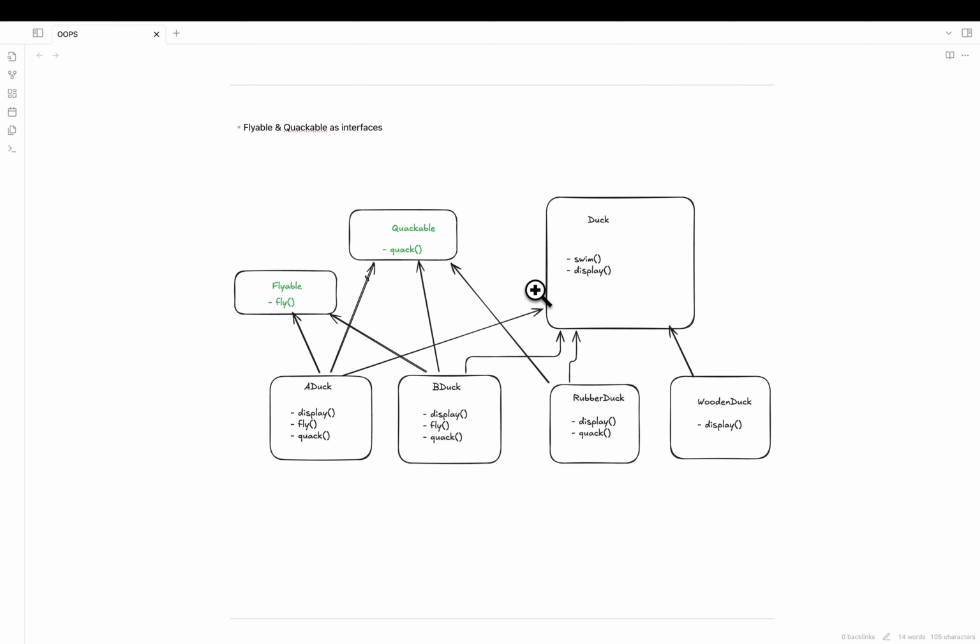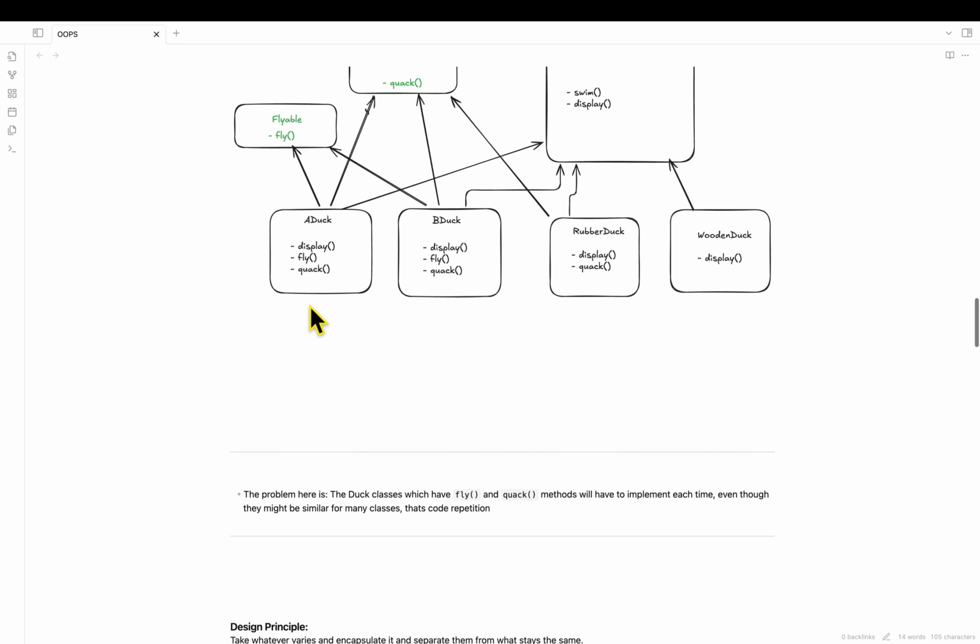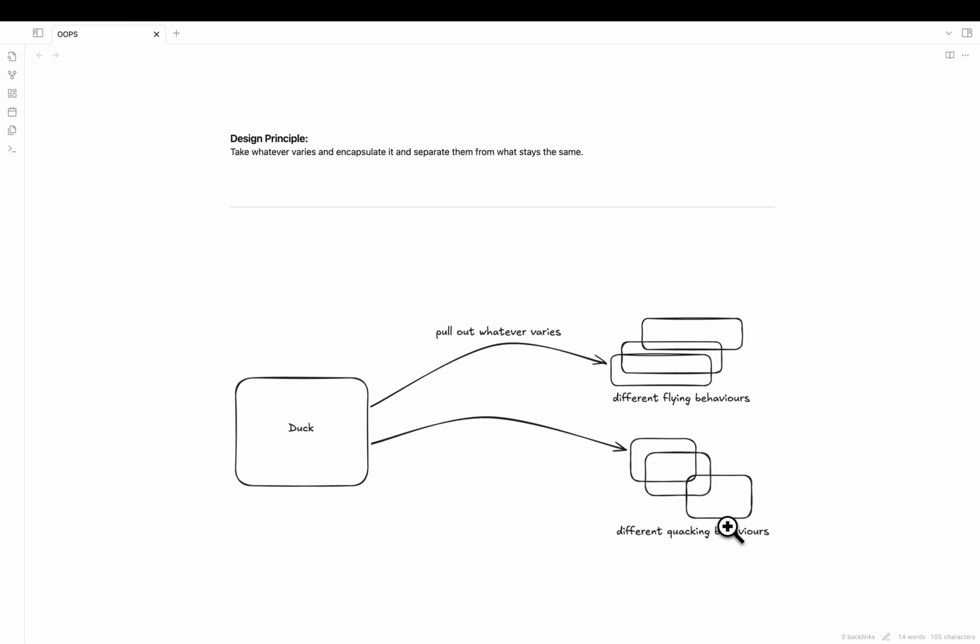But quack and fly are somewhat similar and somewhat different in some classes. In some classes there is overlap, and some classes have different ways of doing it. So we can abstract them out and pull out whatever varies: different flying behaviors and different quacking behaviors.